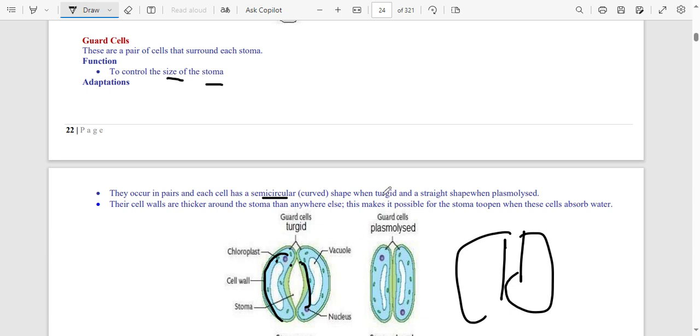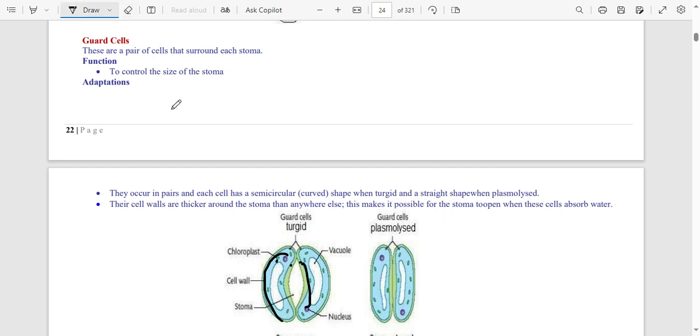When they are turgid, they are going to have a semicircular shape. What we mean by turgid is they are more like strong. They are going to have this shape that you can see here. You need to know, please, these cells are going to be semicircular when turgid. And then they are going to be straight when they are plasmolyzed, when they have relaxed. So like this, the stoma is closed because the guard cells are plasmolyzed or relaxed,